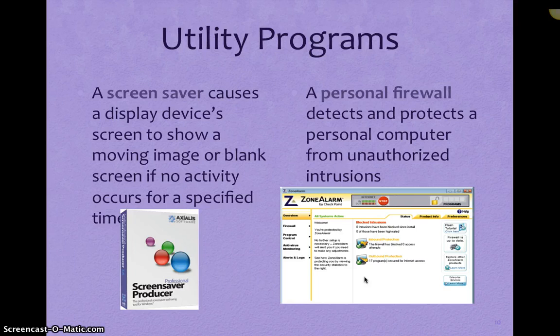So what the screensaver does is it either puts up a black background that prevents that, or it takes an image and it moves it around so that the image isn't in just one place and it gets burned into the screen. Another utility program that